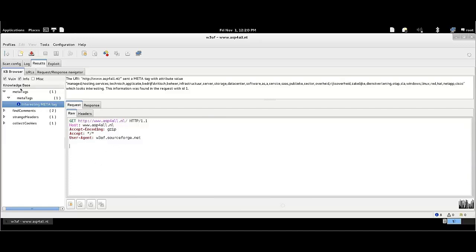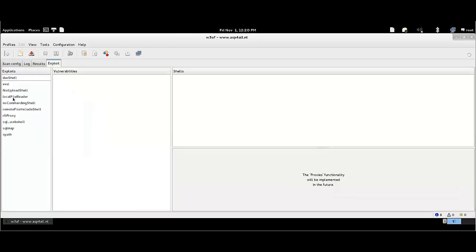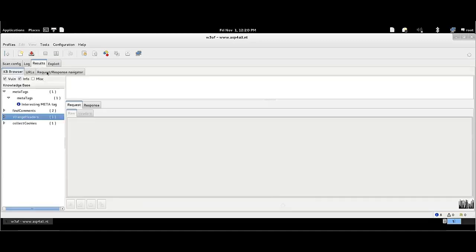So in this pane you can see whether your website is vulnerable to different attack vectors or not. Here you can see the information about your website. If you click onto the exploit part, here you can see the different exploitation. So for now you're not able to figure out anything. So once the scan is completed, you can see the complete result in the result tab, and you'll be able to figure out whether your website is vulnerable to any specific hacking or cracking attack vector or not, whether your website is vulnerable to any specific web application attack vector or not. So in this way you can assess the security of your website.